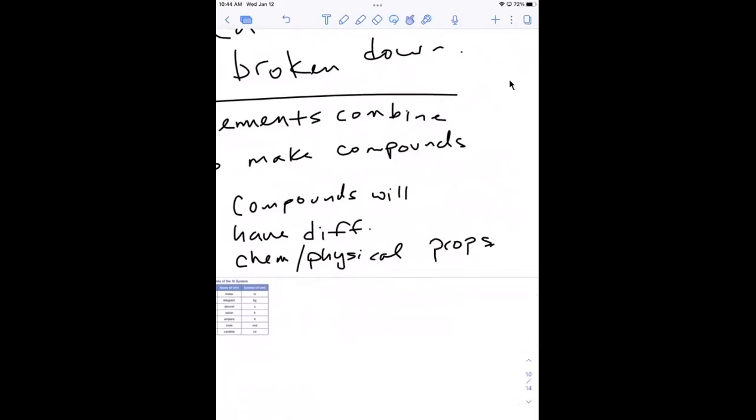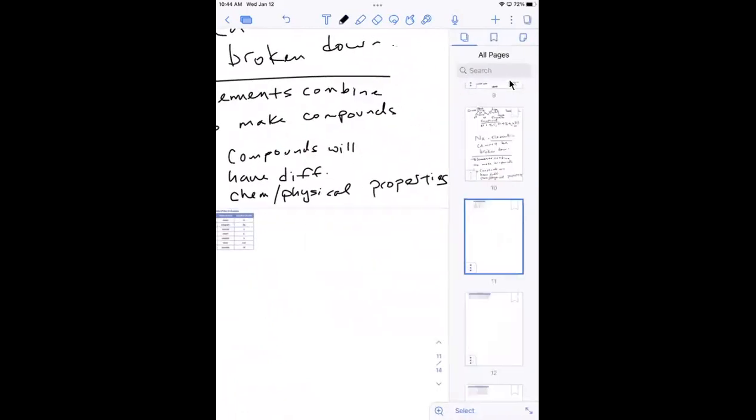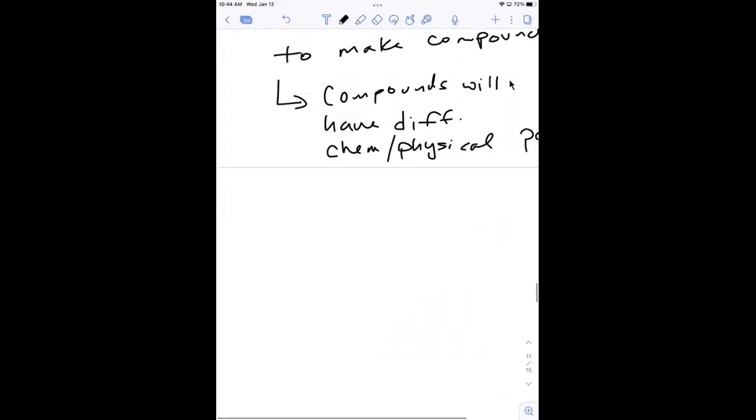And let me spell that out. So you're going to have different chemical and physical properties when you compare the compounds that you create from elements to the element itself. Let me give you an example. If you take sodium,